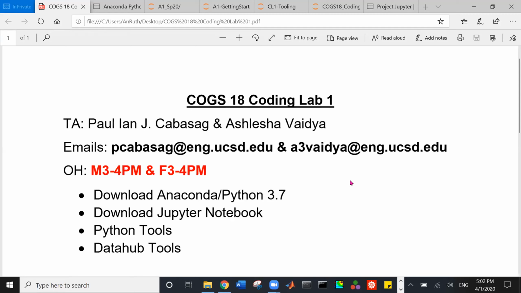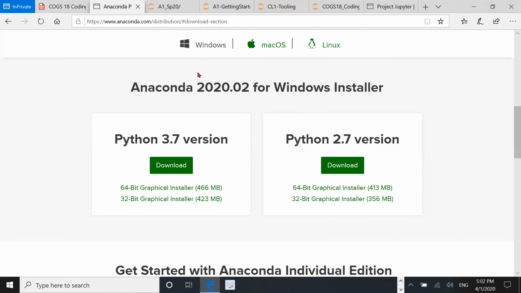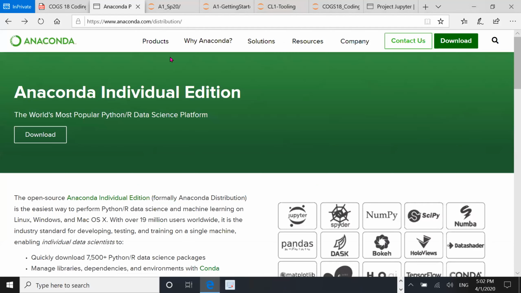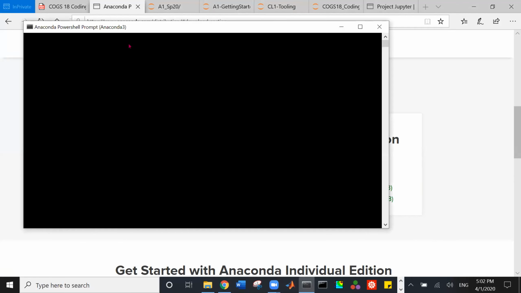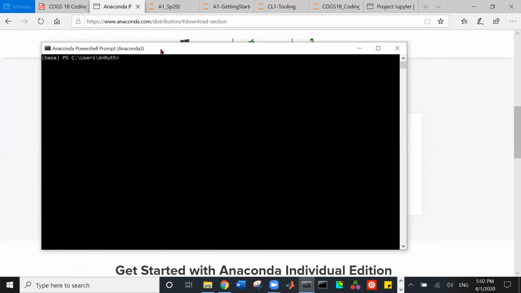So first, how do you download Anaconda? Oh, hold up. So the first thing you do is you go to this website, and then you click download. And then what the professor wanted to do is download the 3.7 version. So you download this, and what you're gonna see, since I already have it, is after you install it, you're gonna have this command prompt at the bottom of the screen, and then what you're gonna type here, it's not gonna show you the same thing yet, but what you're gonna type here is